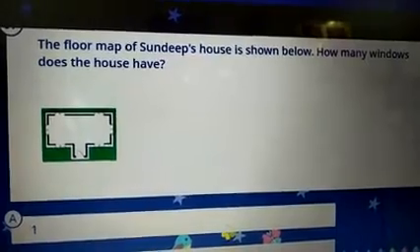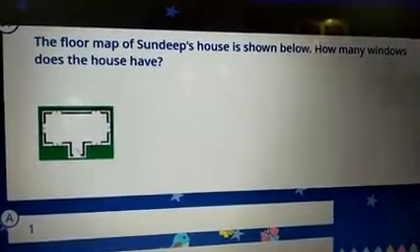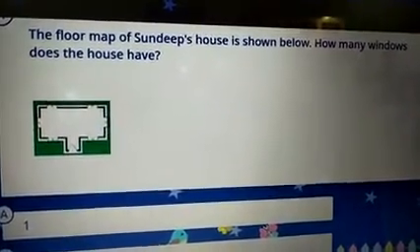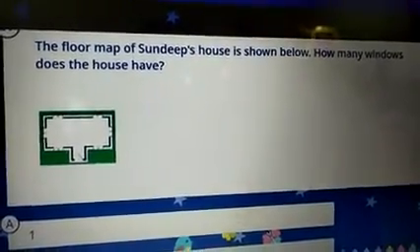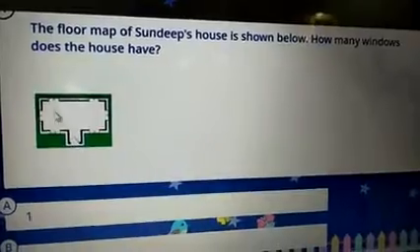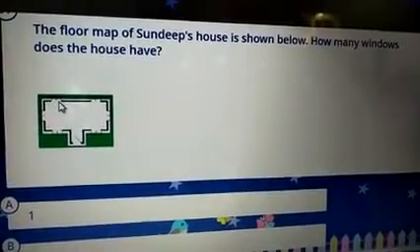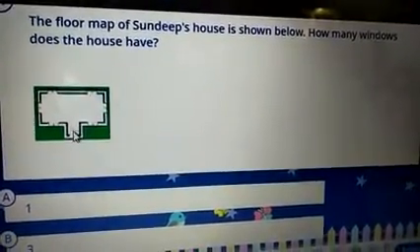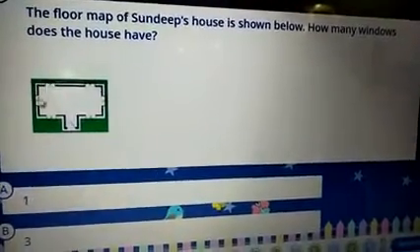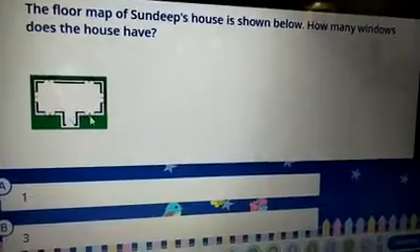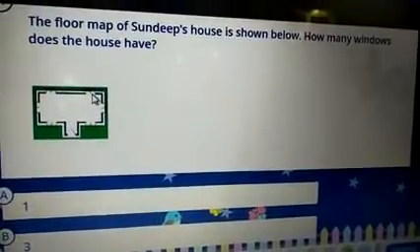Next question. The floor map of Sandeep's house is shown below. How many windows does the house have? Children, you count the windows. This is the symbol of window. This is the symbol of door. So only 1 door. How many windows? 1, 2, 3, 4, 5, 6.